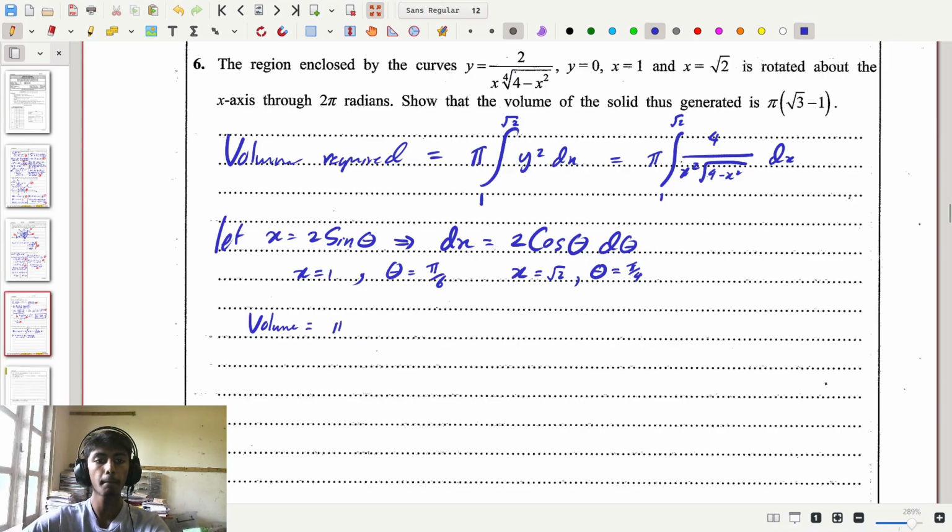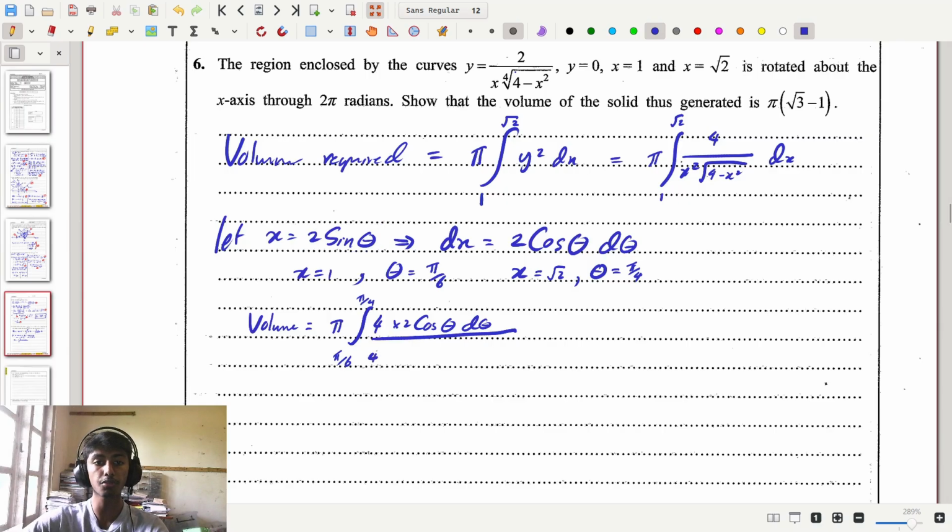Now given this, if we substitute into the integral, we can see the volume is going to be equal to pi times the integral, and here we substitute the two limits. We're going to have pi by 6 up to pi by 4 of, and on the inside we're going to have 4 dx. dx is equal to 2 cosine theta d theta, so we have times 2 cosine theta d theta, divided by, and on the bottom we have x squared, which is going to be equal to